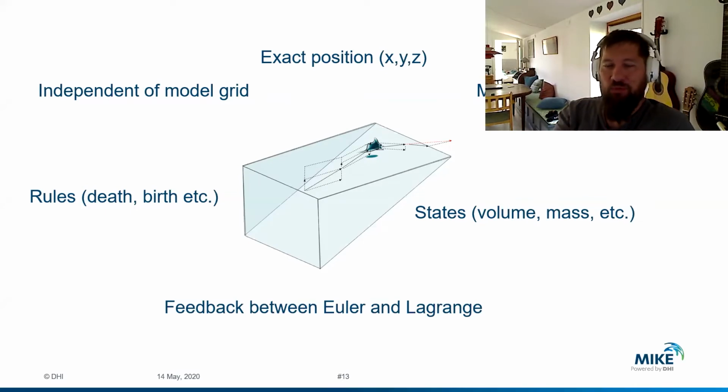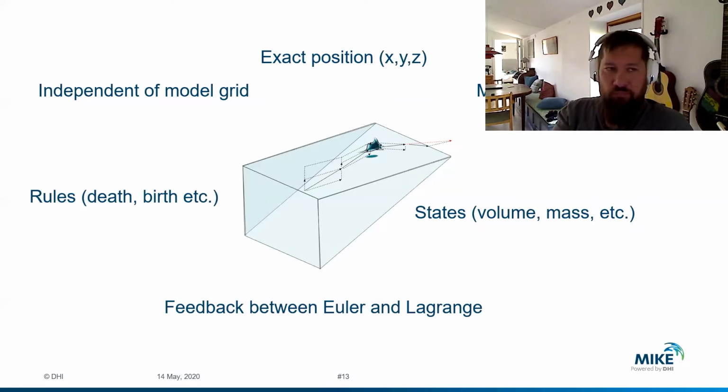Then in this we also have feedback between the Eulerian and the Lagrangian framework. That means that the agent-based model, which is typically Lagrangian, will be able to absorb information from the Eulerian framework that it is occupying. That means the space that it surrounds. It's also possible to do it the other way, to make the Eulerian framework absorb information from the Lagrangian, for instance, simulate food depletions or similar things.